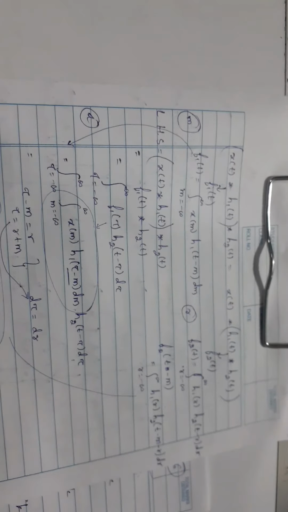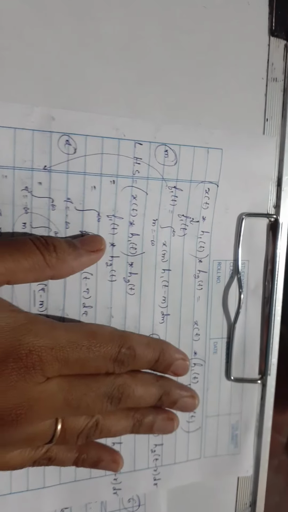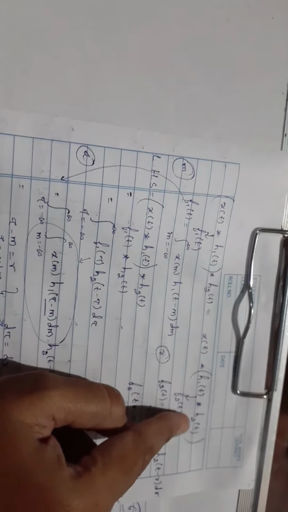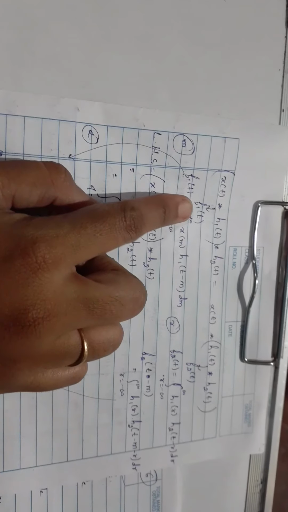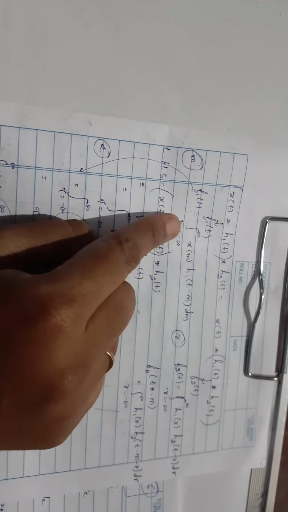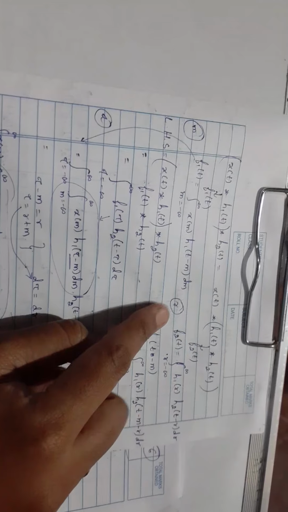Like the discrete time convolution associative property, we can even prove the associative property for continuous time convolution as well. In a similar manner, just try to follow the steps, you will get it. Let us take this first bracket as f1 and the second bracket as f2, just like the previous video where we had taken f1 of n and f2 of n, and use the convolution integral formula. In the first, m is the variable used. In the second, r is the variable used. So it is the first signal.